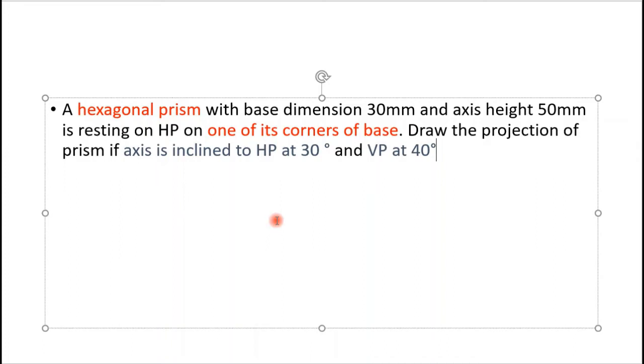But whenever the same axis is inclined to both HP and VP, then we have to find out apparent inclination in the final step. But in the same problem, if it was given like the axis appears to be inclined at 40 degree to VP, then whenever that word appear comes, it means apparent inclination is given, so locus is not required. So remember, whenever the same axis line is inclined to both HP and VP, we have to take locus and proceed in the final step.